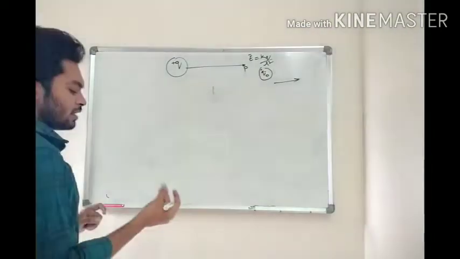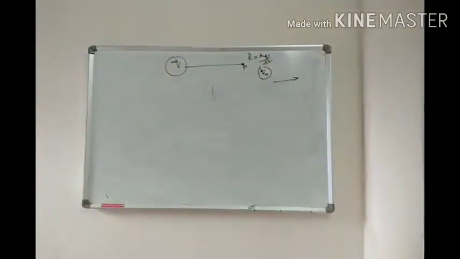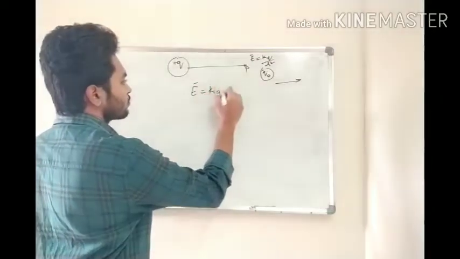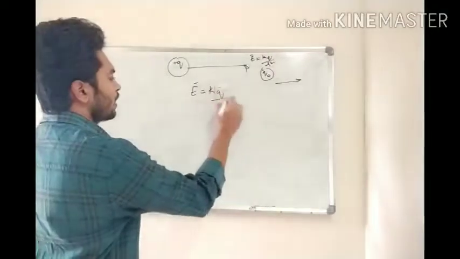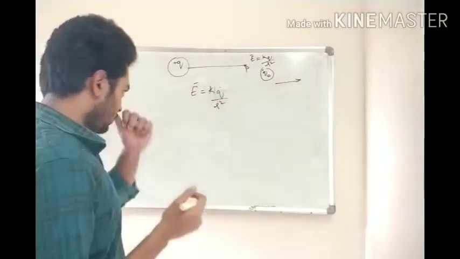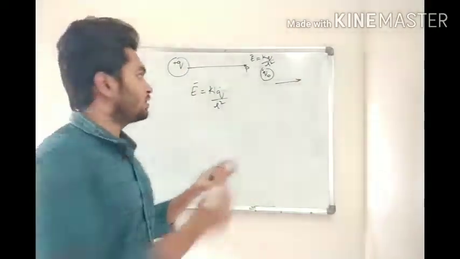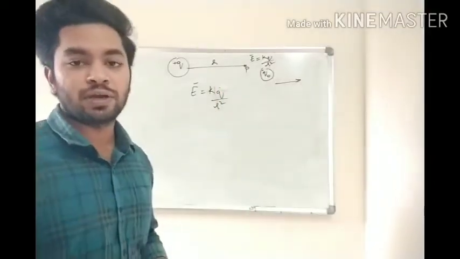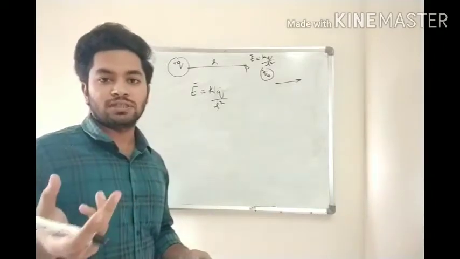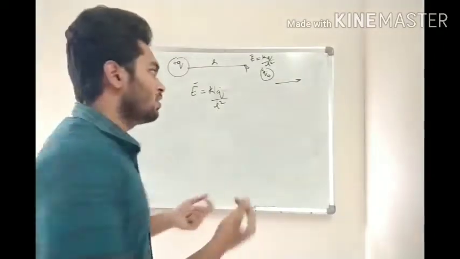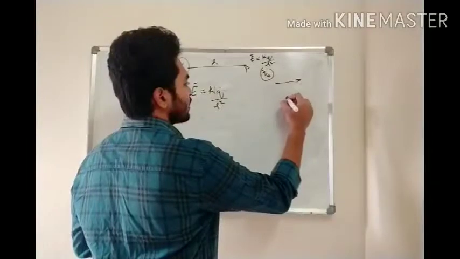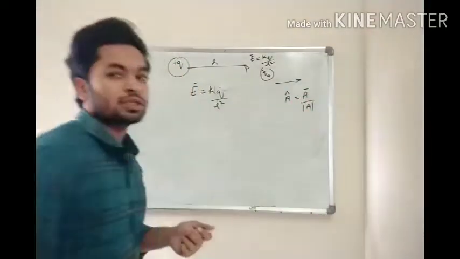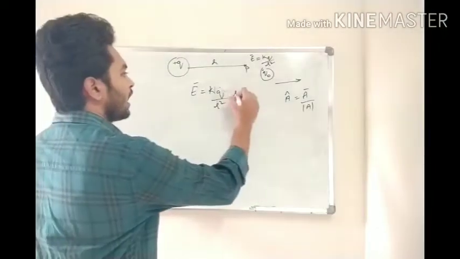So what will happen here? Now what will happen here? E bar is equal to KQ by R square. So now if you want the direction, here your distance is R. Now if you want the direction, what do we need? We need a unit vector, which you have seen in your 11th class chapter, vector. Unit vector: if you want a unit vector a cap, it is a bar by mod a. This is what you are going to do. So I need r cap.